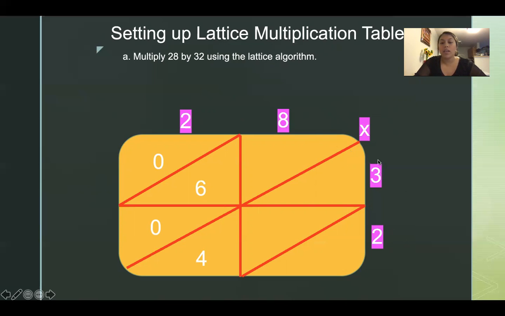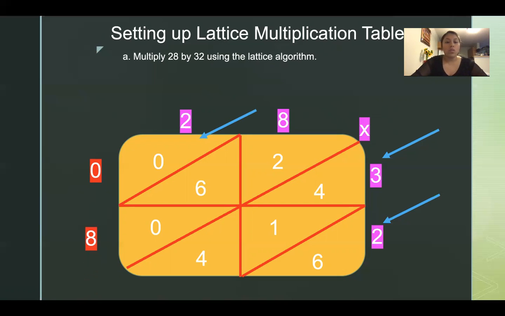So 8 times 3, which gives us 24. And 8 times 2, which gives us 16. Now that that is all figured out, we will work from the blue arrows down. So 0 right here, 6 plus 2 gives us 8, and 4 plus 4 plus 1 gives us 9, and the 6 stays here. Therefore, our grand total will equal